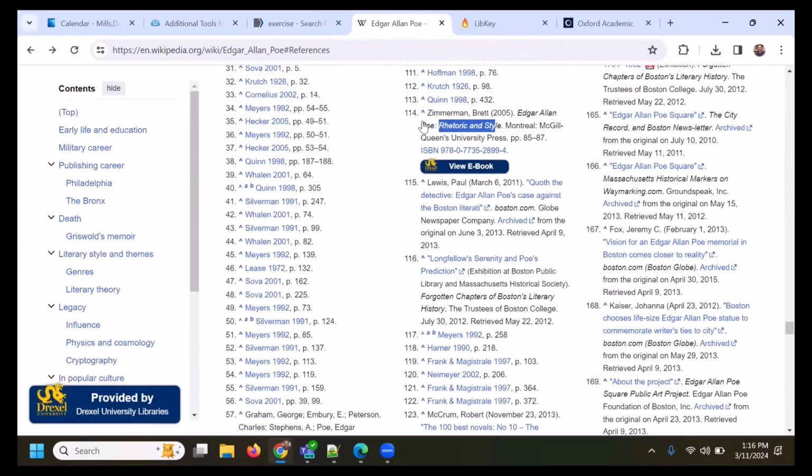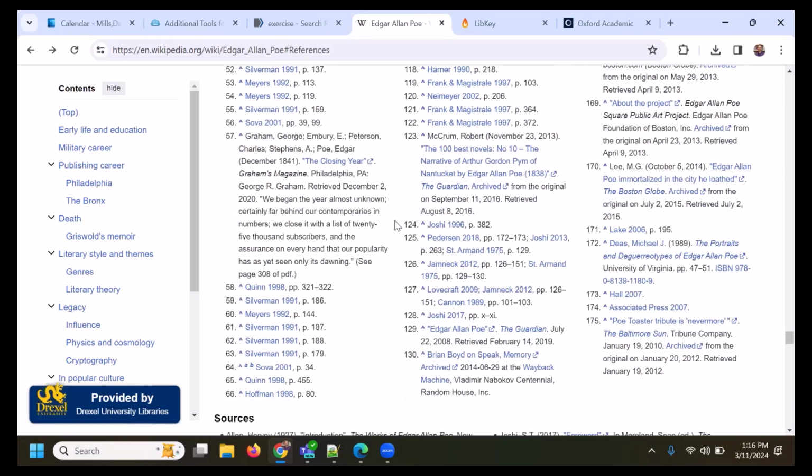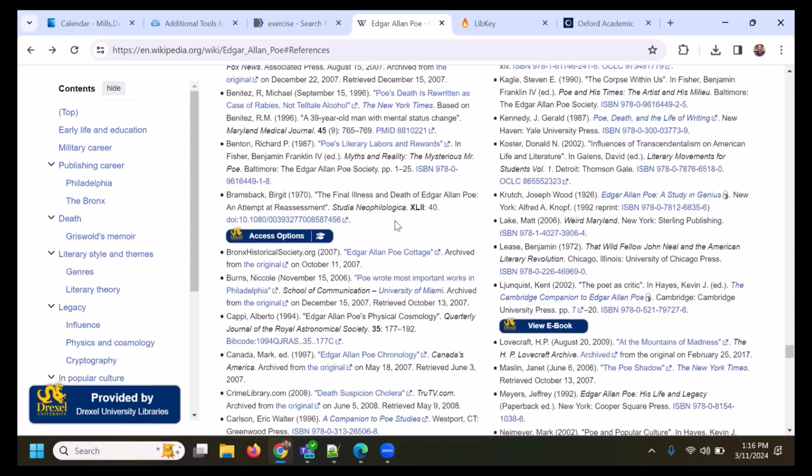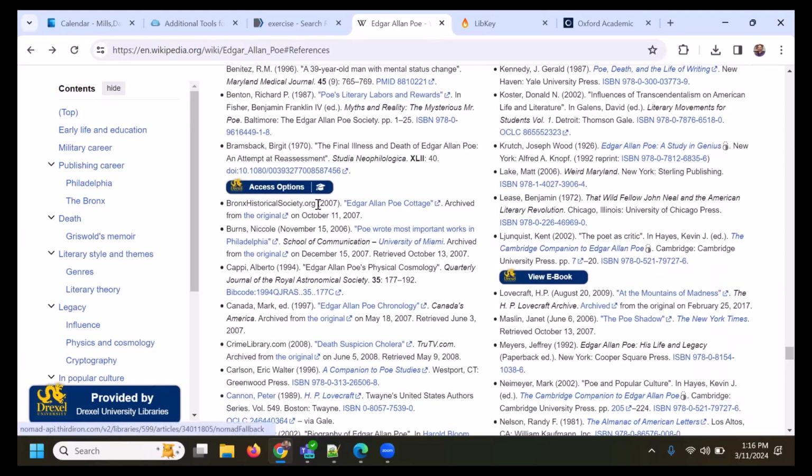So from Wikipedia, it'll look at the references and say, hey, if we own that, it'll have a button. The other one I wanted to show you is access options. This access options link actually means one very specific thing. It means that we don't own the item, and it's going to give us all of the options that Drexel would like to offer in lieu of a digital copy. So when I click on it,